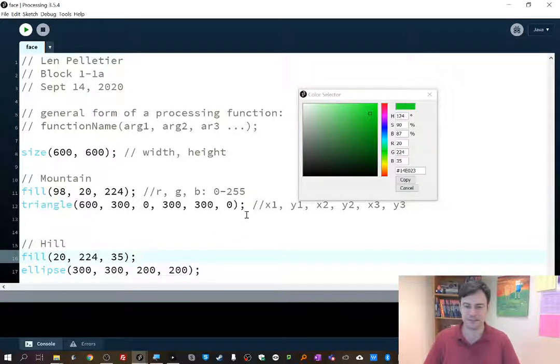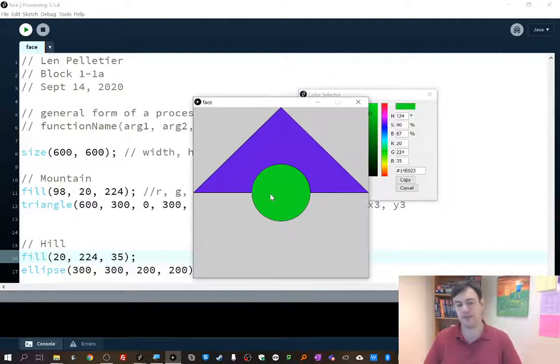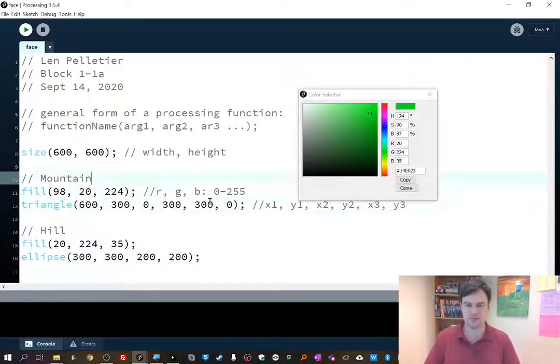So that's how you can introduce color into the inside of these shapes. It turns out you can also change the outside color too. The outline right now is black by default, but you could change that color. You can also change the thickness of the outline as well. So let's do that. Let's go change those things. Let's maybe make them,